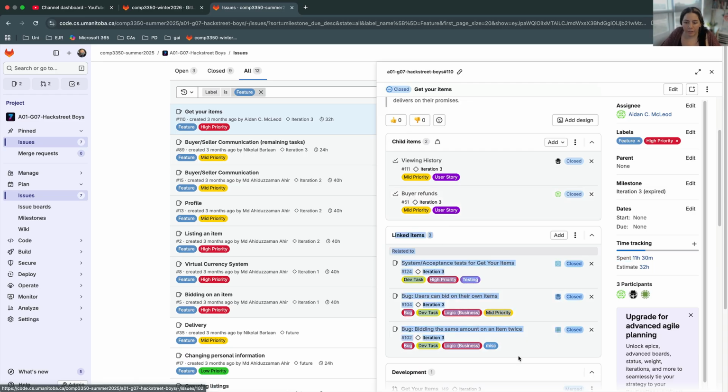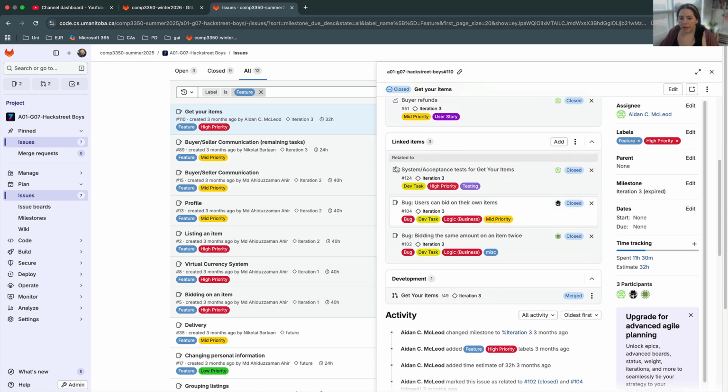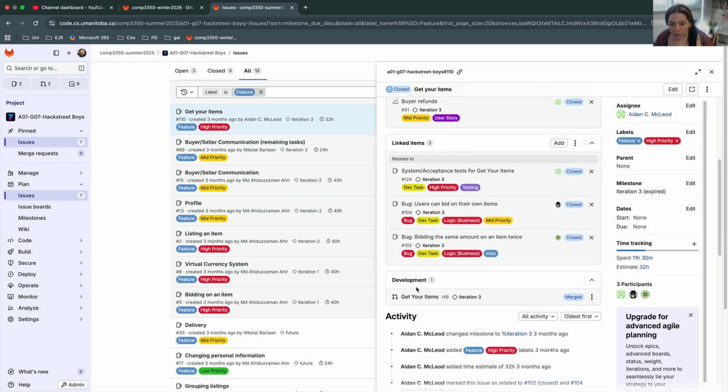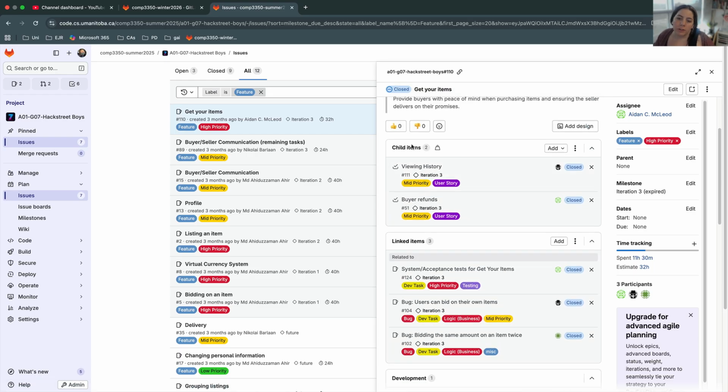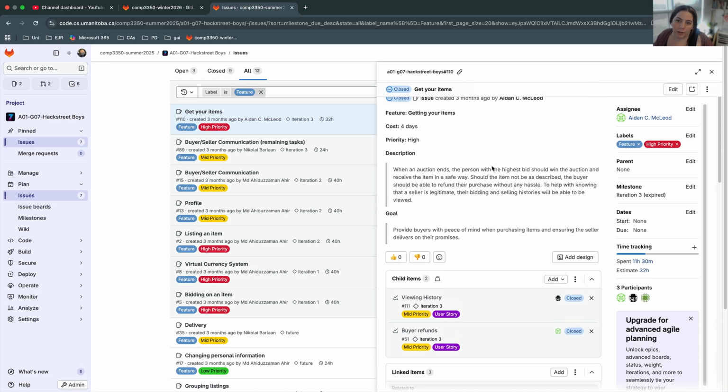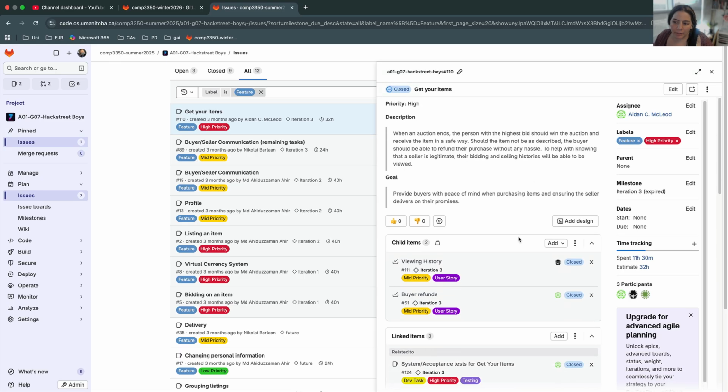and that they have linked items. So if there are bugs, we can see that these two down here are a bug and a bug. We can see that there were tests that had their own linked association here, and they also had their own development branches here. And I'll show you how they did this as well, because that is something I did mention in the videos. So at the feature level, they went,